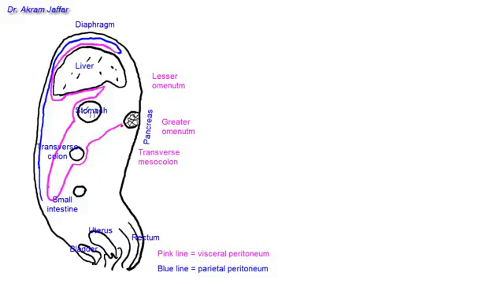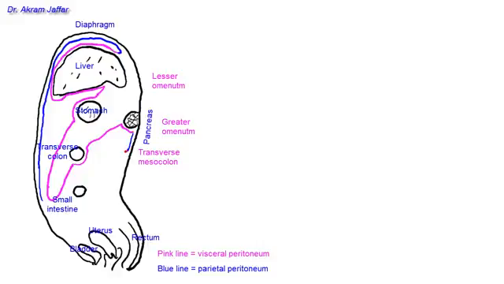Then it covers the pancreas. Most of the pancreas is a retroperitoneal structure. It has no mesentery, unlike for example, here we have the transverse colon, which has mesentery. This is a piece of peritoneum that extends from the transverse colon to the posterior abdominal wall. And then as this peritoneum covers the pancreas, it is still visceral peritoneum, but as it reaches the posterior abdominal wall, now it becomes the parietal peritoneum. So I'm going to continue it in blue, covering the posterior abdominal wall,